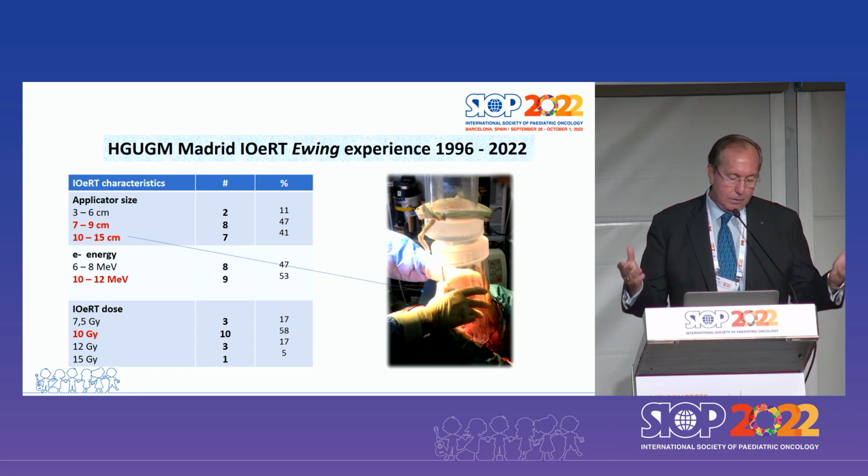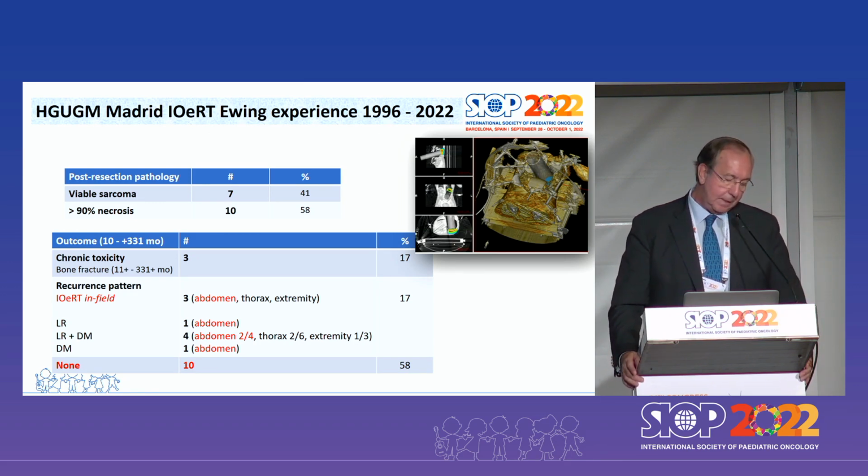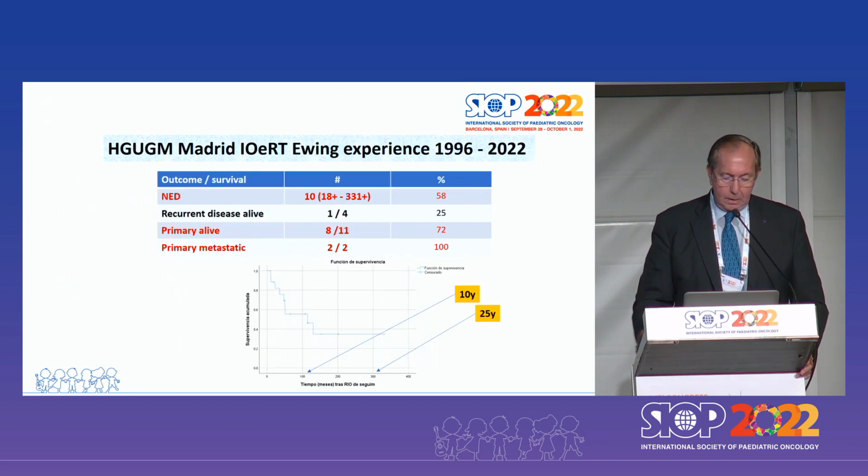The energy is good enough to treat these patients, the energy of the beam, and the dose was 10 centigrays in the majority. This is the last update I have done. We have 10 patients alive and in control. We have 3 in-field recurrences, and they have to do with cavities, either abdominal cavity or thoracic cavity, and one was an extremity patient. In the long term, we have patients alive, and we have long-term side effects, specific side effects